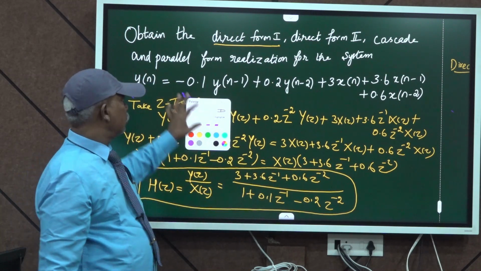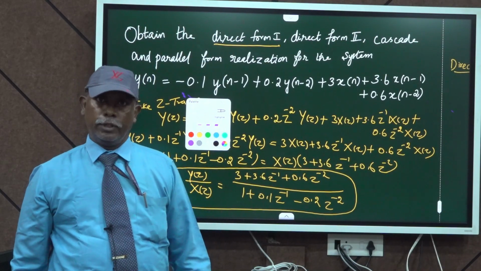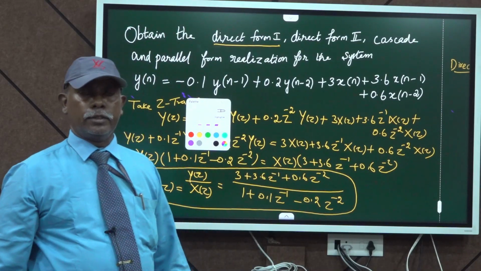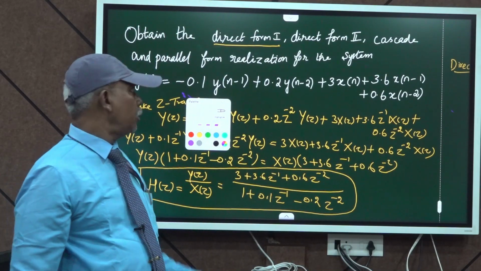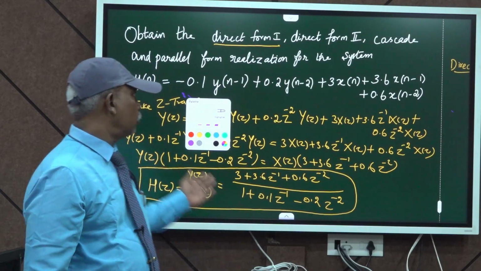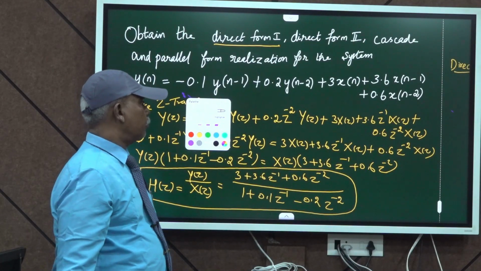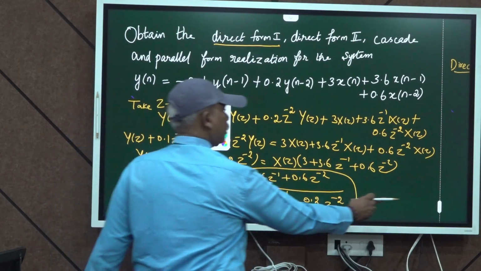But for this reason, our desired output is y of n. Y of n is equal to minus 0.1 into y of previous delay, so there is a minus in the result also, and then plus 0.2 should be in the result. So for that